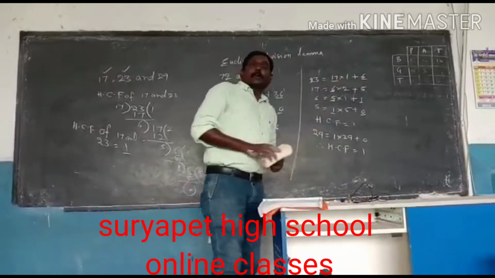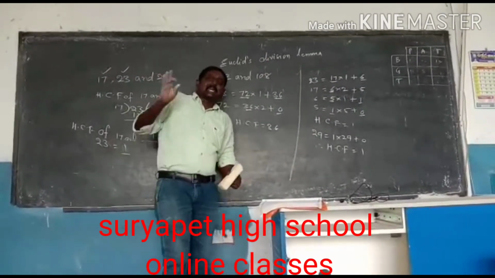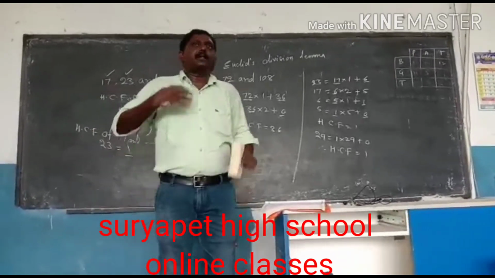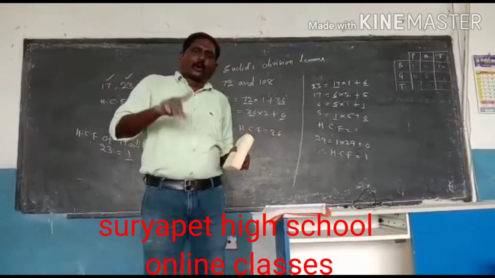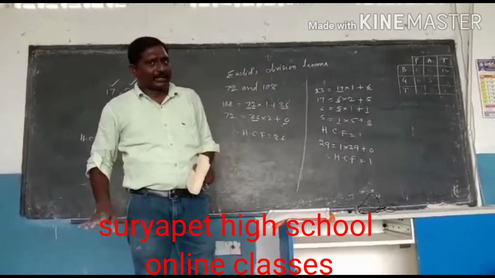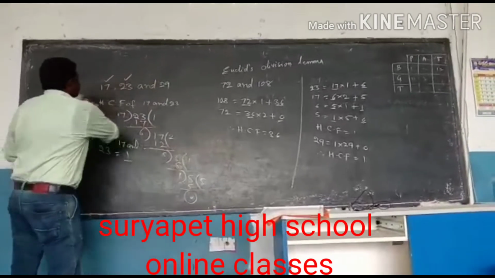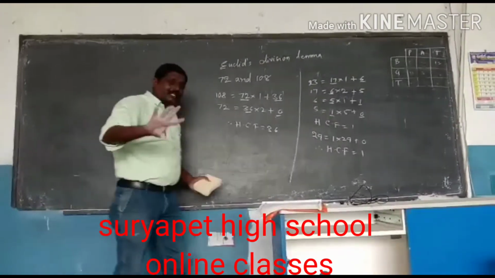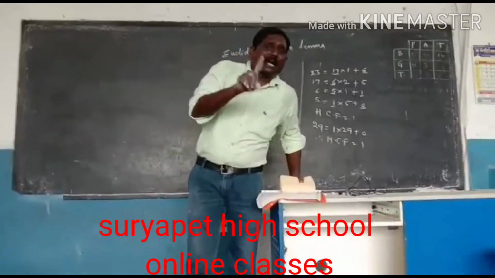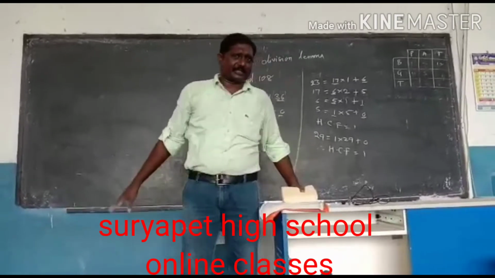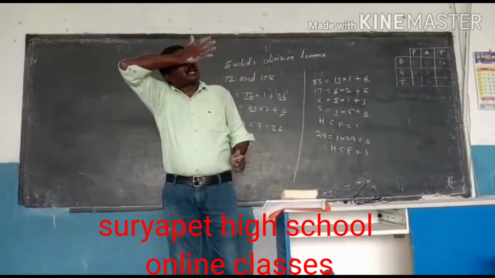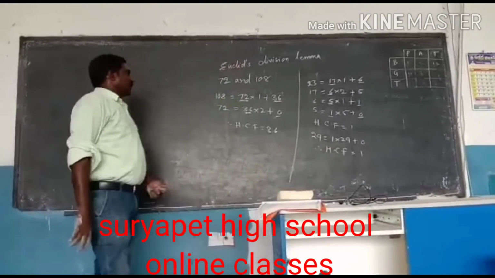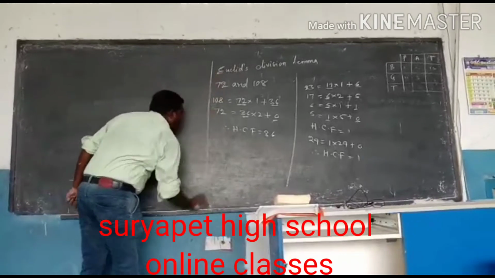So one more bit I am going to explain to you students, that is exercise 1.1 first bit. If we complete it in this session, I will complete the first and second bits. And at home you want to practice these first and second bits only. These are the most important ones. From these first and second bits only, you get a 1 mark or otherwise 2 marks in the annual examinations. In the public exam paper, compulsorily we will get 1 mark or otherwise 2 marks. So, what is the exercise 1.1?